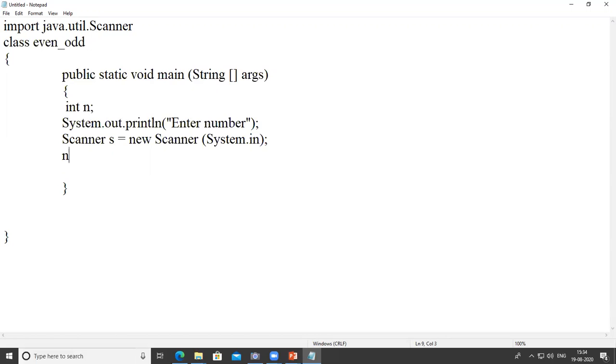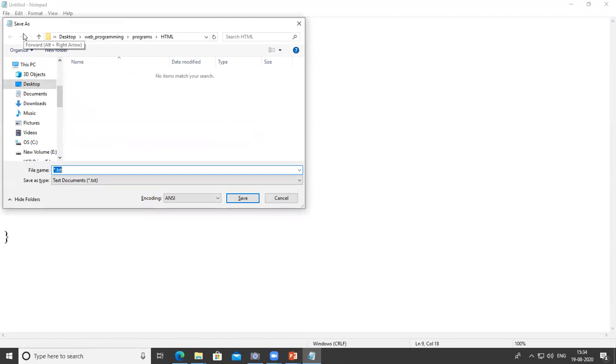Then we want to read that value and store it in variable n. So n is equal to s.nextInt. Okay, we get that value. We save the program.